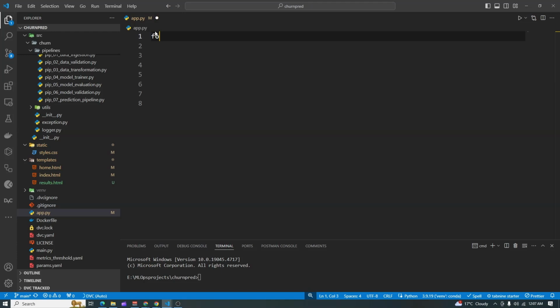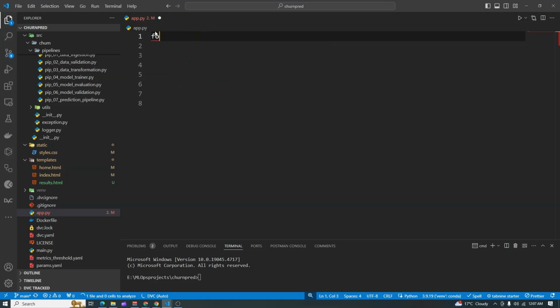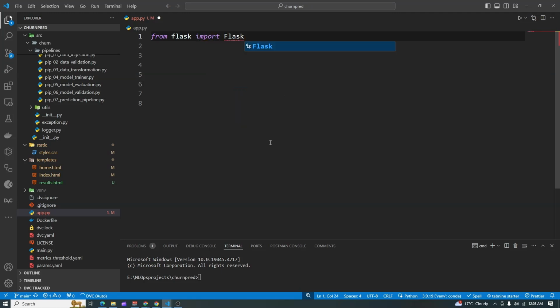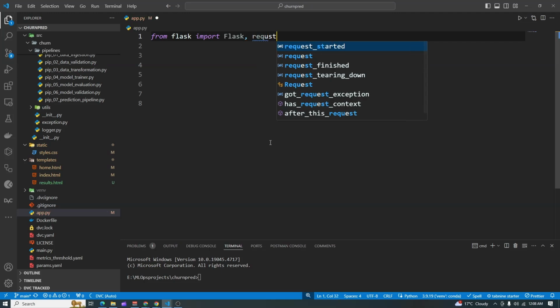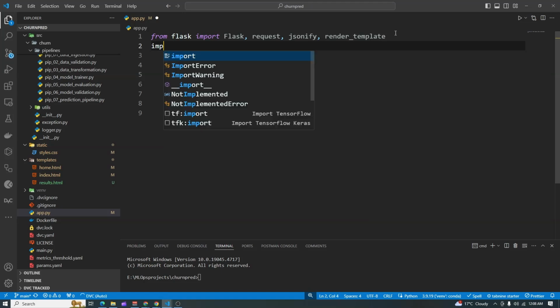For this case, we are going again, say from Flask, we're going to import Flask, request, jsonify, and render_template. And we'll also use pandas, so import